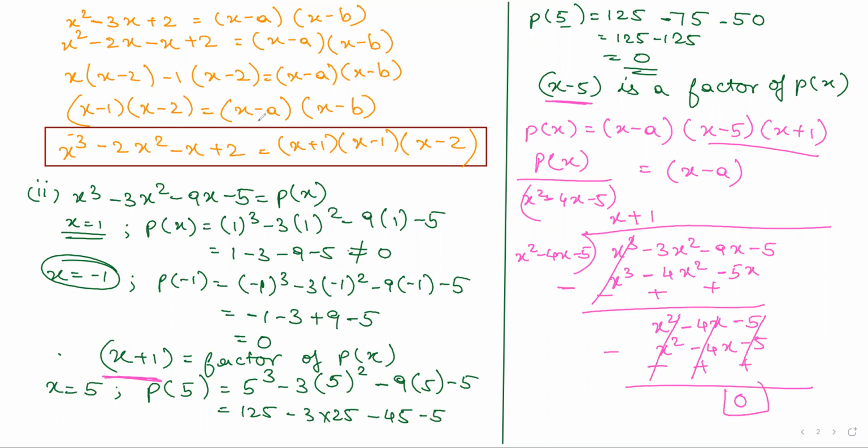This, what you got over here, this value, your q of x, is your required third factor, or this is the value of your x minus a. So the three factors for this p of x will be